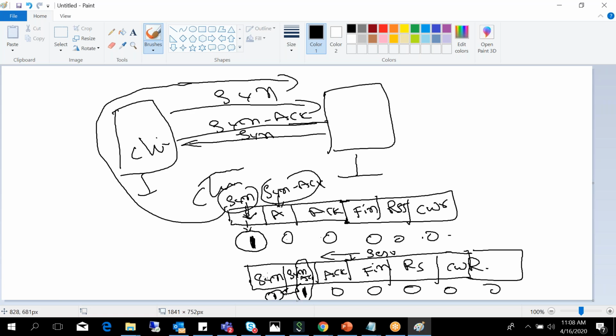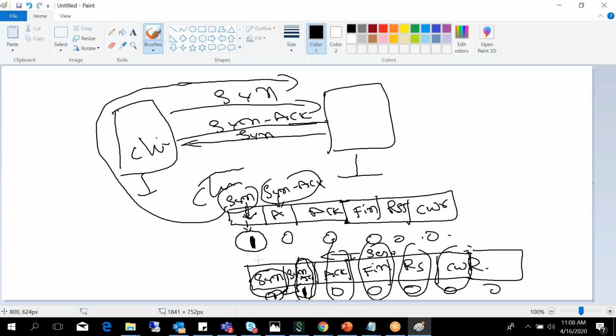In that case, the ACK is the acknowledgement of the client's synchronization packet, along with the server's own synchronization, and the remaining fields are set to 0.